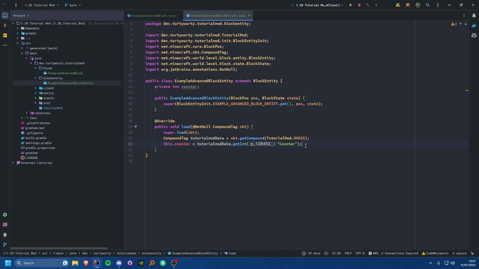Now, the reason you sometimes might do this is because other mods might add their own data to your NBT. Maybe they want to save something specific with something, and you just want to make sure that they don't accidentally put the data in the same variable as you're saving your data.